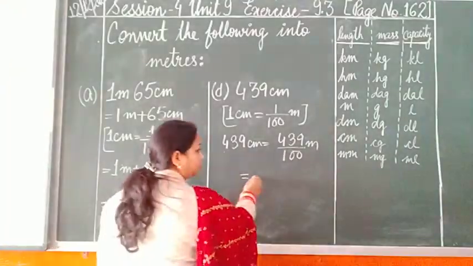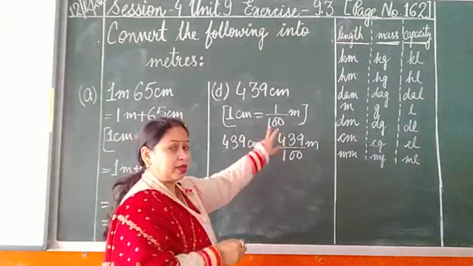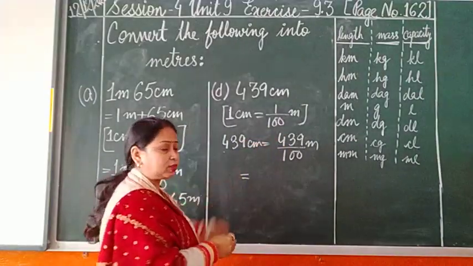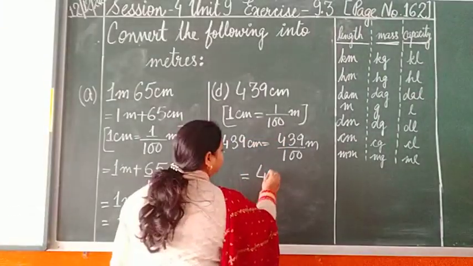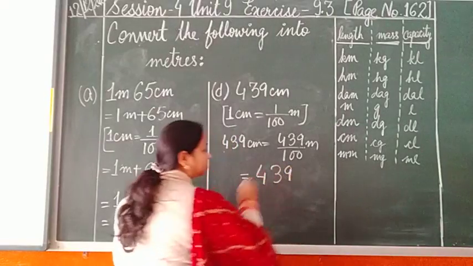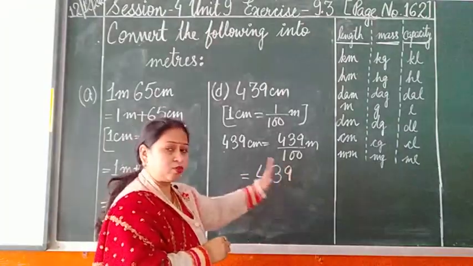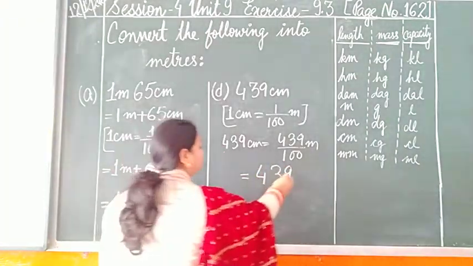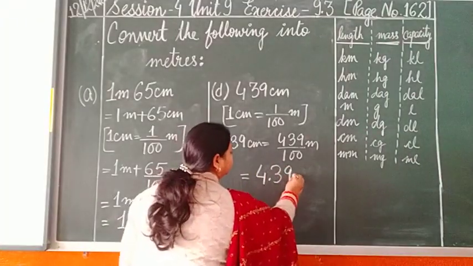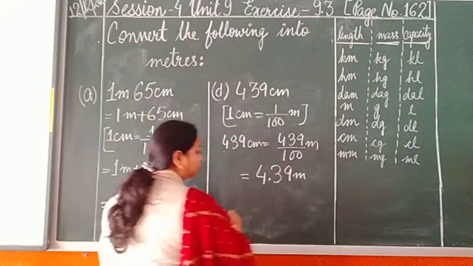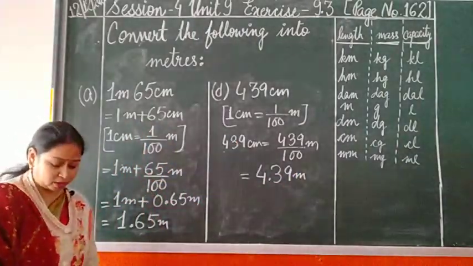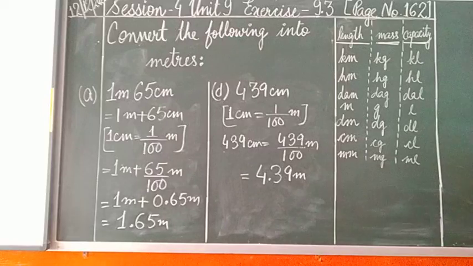Then, what I have told? Take down the numerator as it is. So, we will write down the numerator as it is. How many zeros are there? 2 zeros are there. Count from the back 2 places and place the decimal, 1, 2. Place the decimal. Write down the answer. So, this is your answer. Okay. Let us move on to the next question.